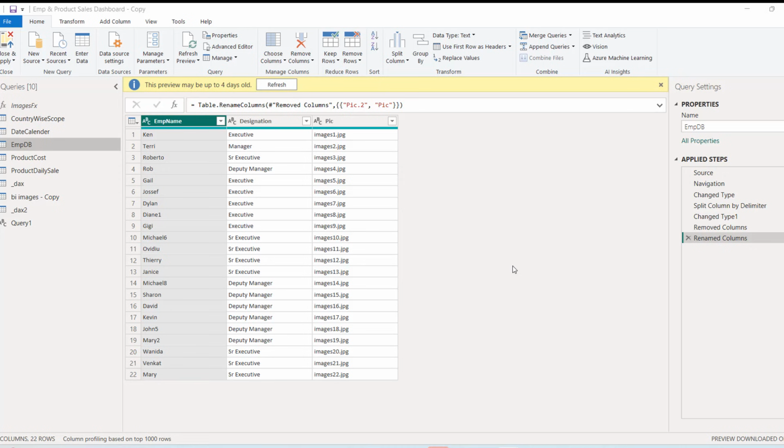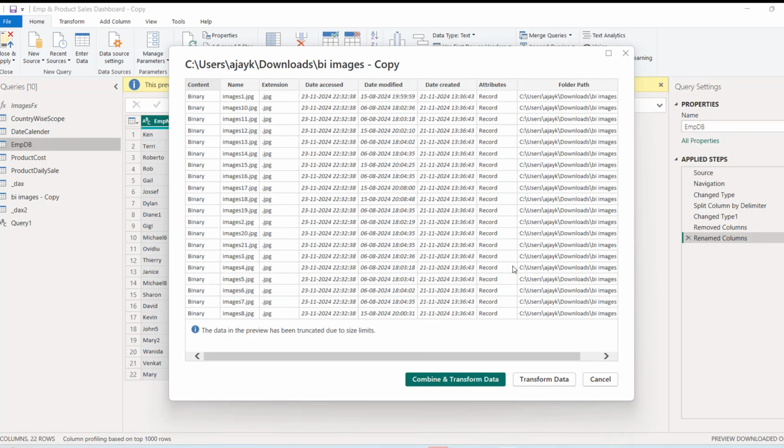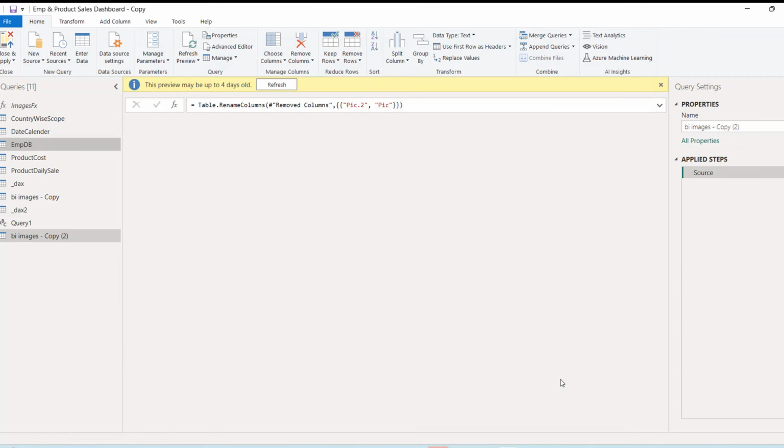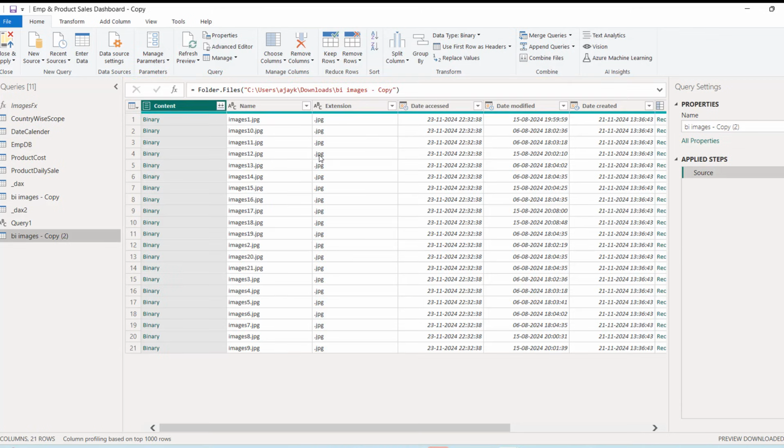Say OK. So you will have a new table, isn't it? As you can see here, I have got all the images. Date modified, created, everything is there, including the folder path, right? We don't need all these, but right now we will just go and say transform. These are the same images which I have for my employees. I mean, these are the images which are relevant to each and every employee that I'm holding in my